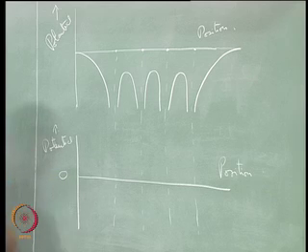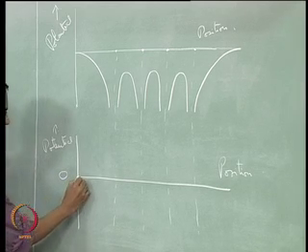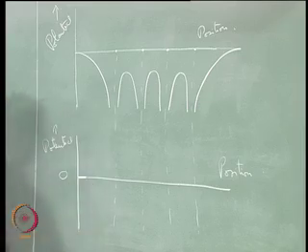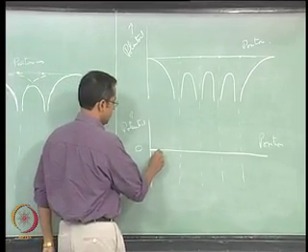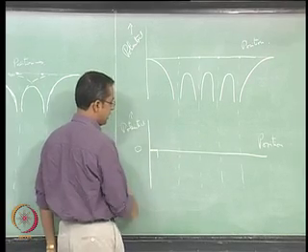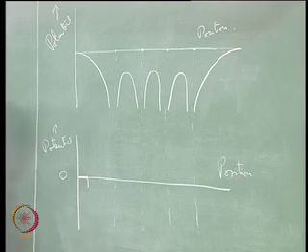What we will say is that at infinity the potential experienced by the electron is 0. So I will just stick to this x axis here. Then I will say that there is a slight potential well here,